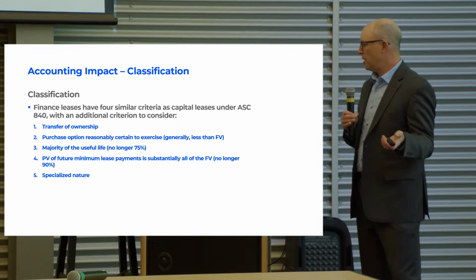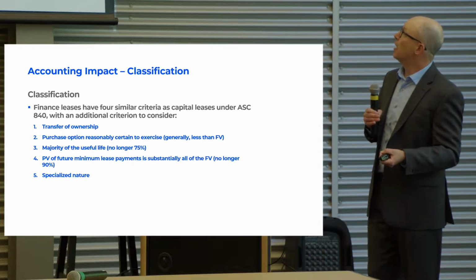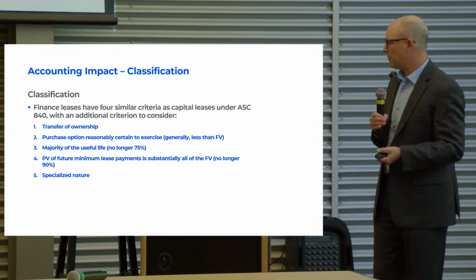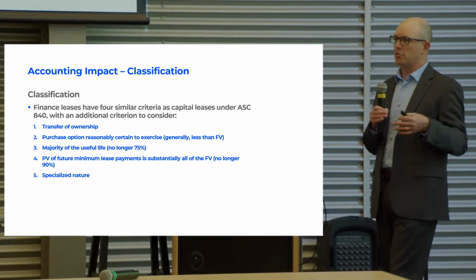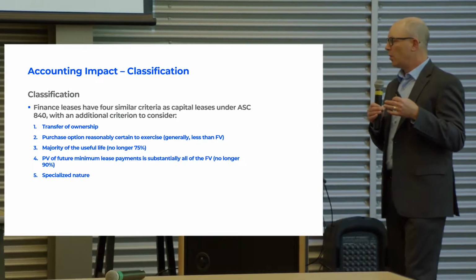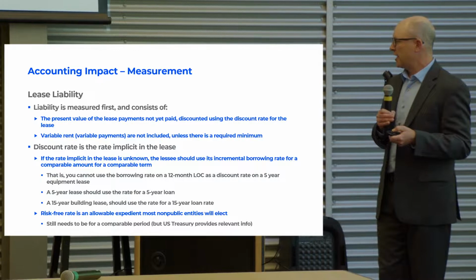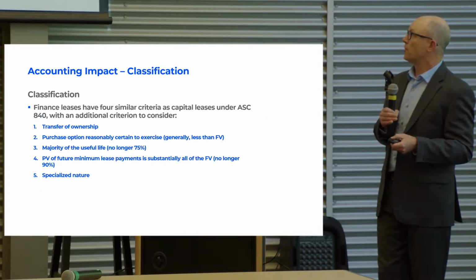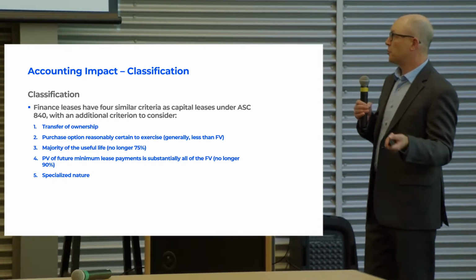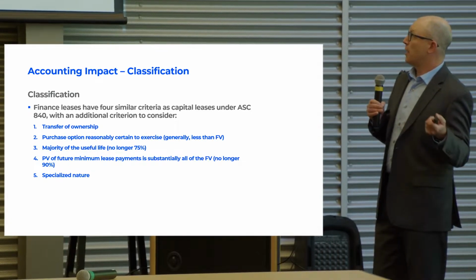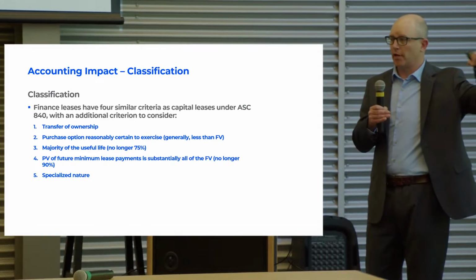If the lease spans a majority of the useful life, the 75% test, then you'd have a capital lease, and if the discounted present value of the future lease payments were 90%. So the only thing that's really changing here under ASC 842 is that we still have the transfer of ownership criterion. We still have the bargain purchase option criterion that determine operating versus finance lease